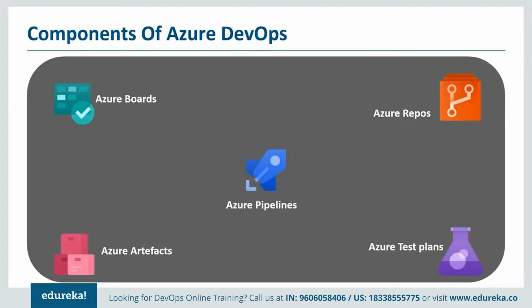Now, one thing which I haven't touched upon is Azure artifacts. Let's say you have got 10 projects and all these 10 projects have got common dependencies. It may not be common in all, but let's say 3 projects are using one dependency, 5 projects are using some other dependency. So what you can do, you can collect all these dependencies and put them into one single location called Azure artifacts.